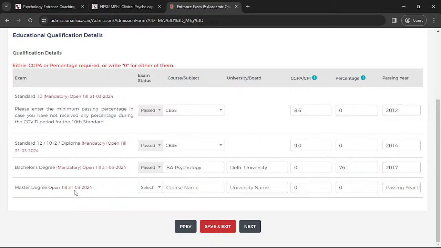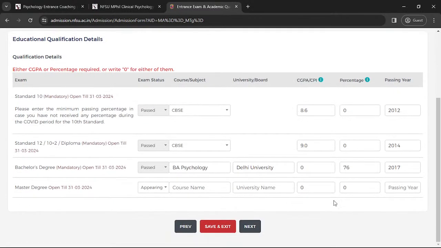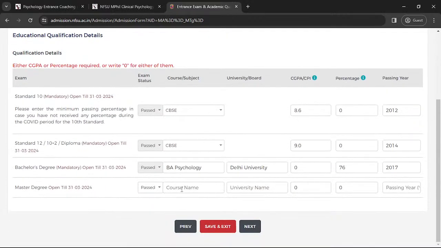And next is master's degree. So here you need to select, like all of the above options, it was pre-selected that passed, passed, passed, but in this column we are getting an option of select appearing or passed. So we will select accordingly. If you are in your final year or your result is awaited, so you'll select appearing and you will enter the detail accordingly. And if you have already passed your master's degree, then you will click on pass and enter